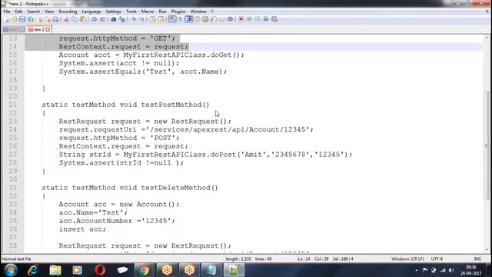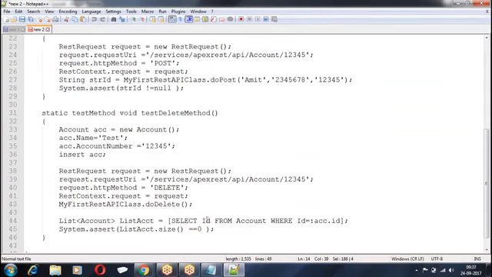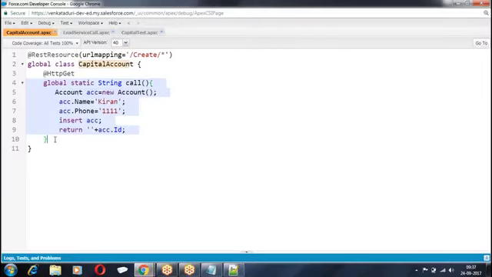Okay. Similarly, I'll give you a couple of other examples. Look at the format. In case you are going for a POST method, in the POST method you are supposed to send some data, right? When you are supposed to send some data, how do we achieve it? The same one, at the rate of